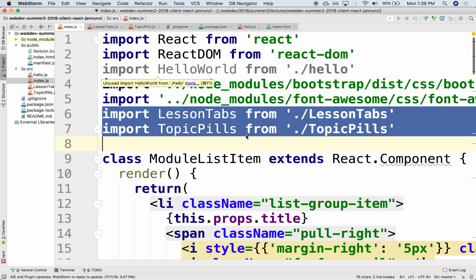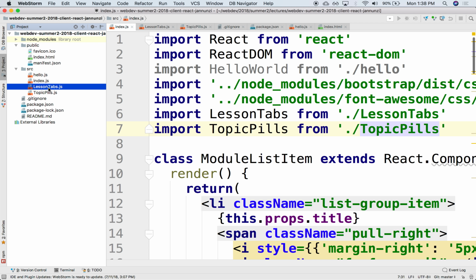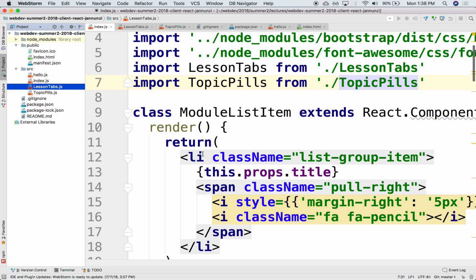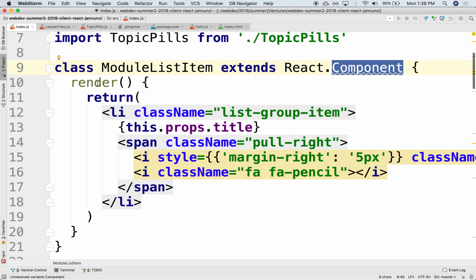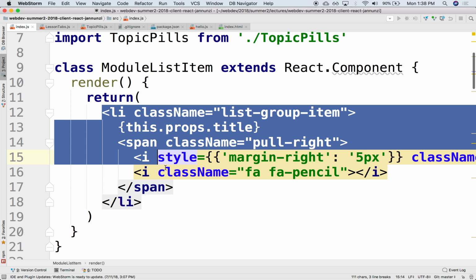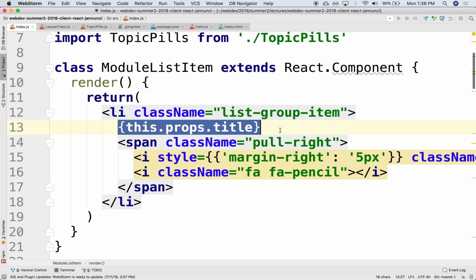So for instance, we created the lesson tabs and the topic pills. We declare them in separate JavaScript files. There they are, right? But they themselves are just like these other ones. They're just classes. They're ES6 classes that extend the React component class, and they all override this render function. And what the render function returns is a mixture of just normal HTML mixed in with some React expressions